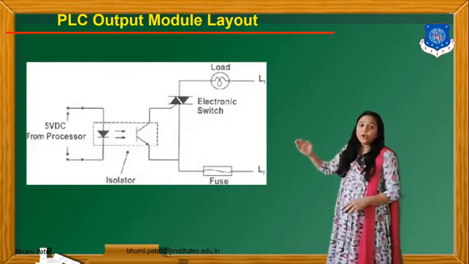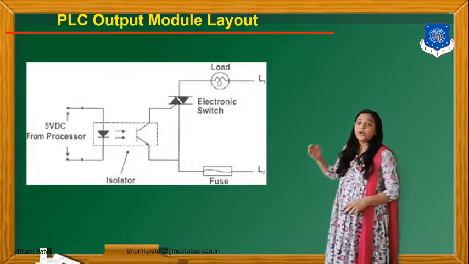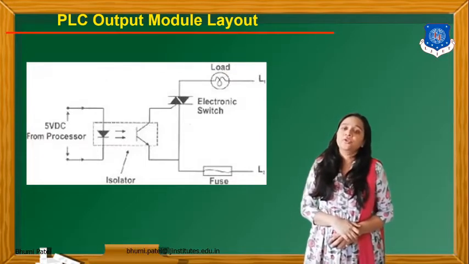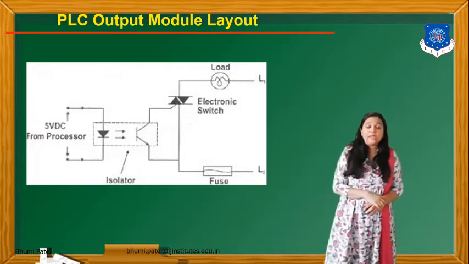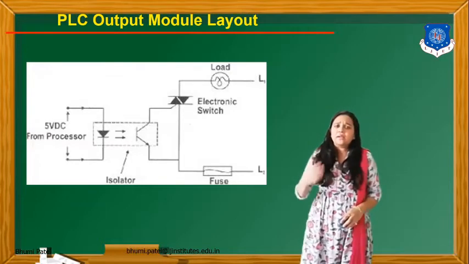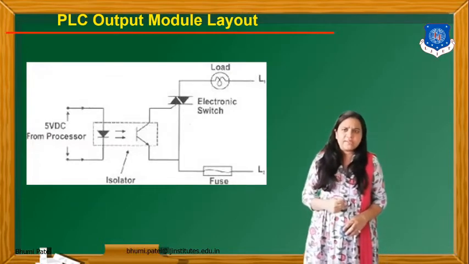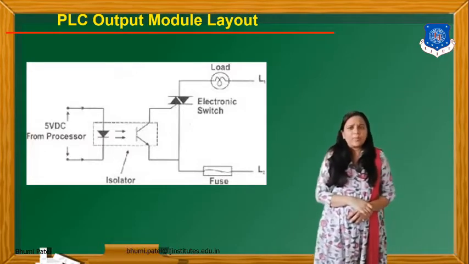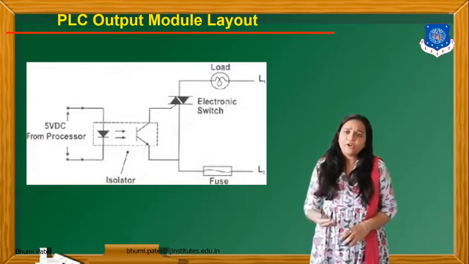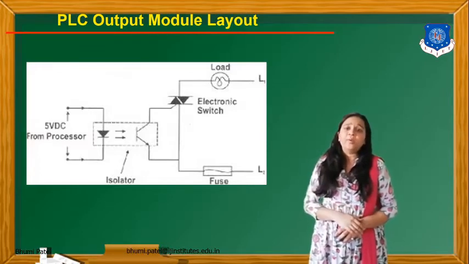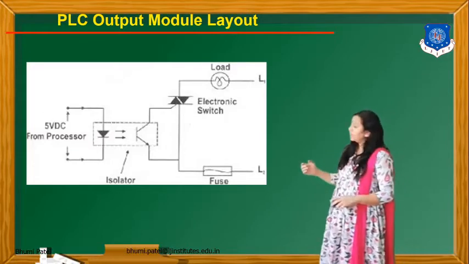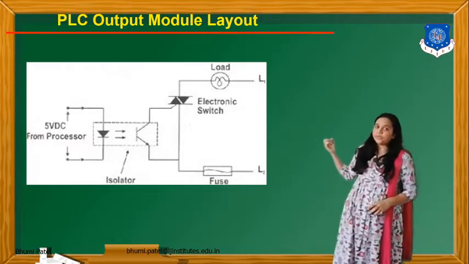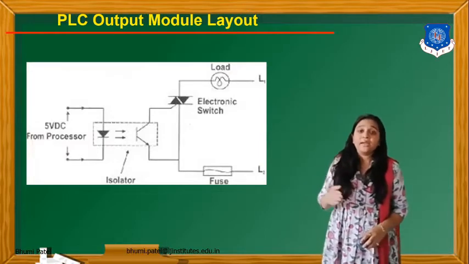Now between the load or the plant and the processor, we will connect the isolator. So it provides the isolation. If the plant or the load or the circuit requires only 12 volt DC supply, and from the input side they give 24 DC supply, it can cause some fluctuation or electrical problem. So for that we can always connect the isolation between the input of the output module and the load of the system. Now again we connect the triac circuit.